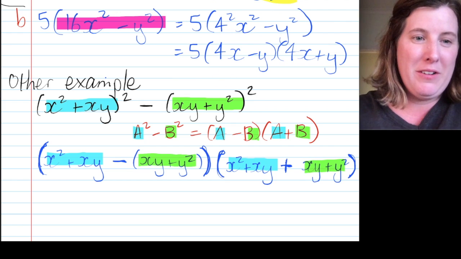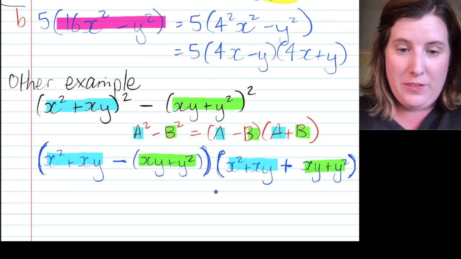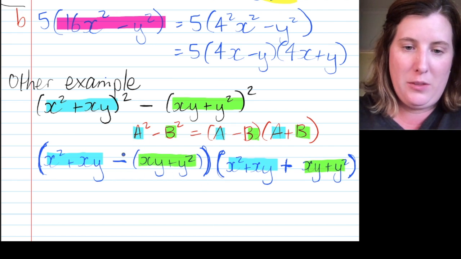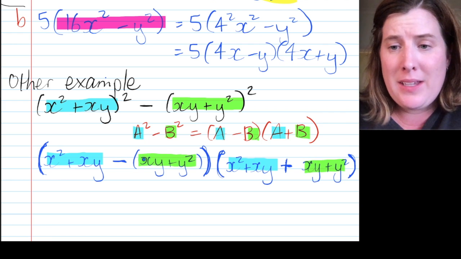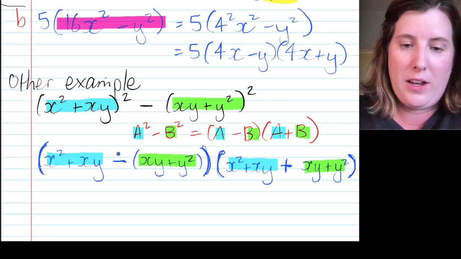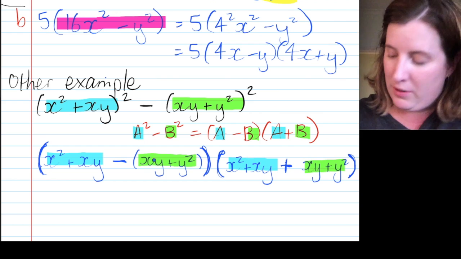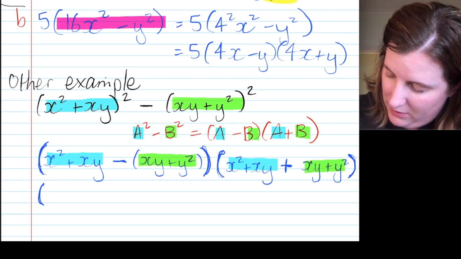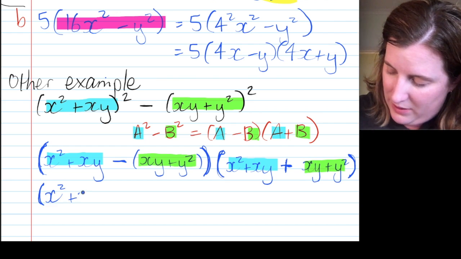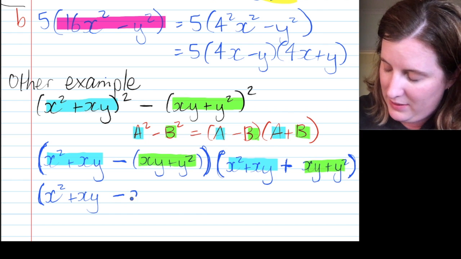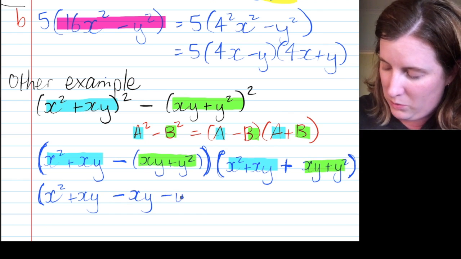Okay, now I'm going to deal with this left set of brackets. I'm going to expand this. You know when there's a minus at the front of brackets and nothing else, you're just changing the sign of everything inside. So these will both become negative. So that's my x squared plus xy minus xy minus y squared,